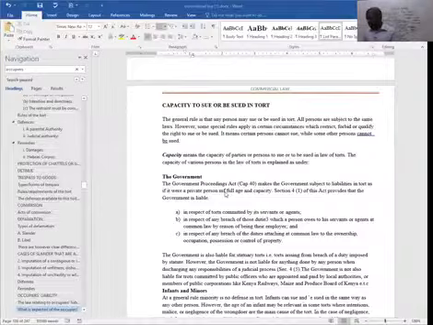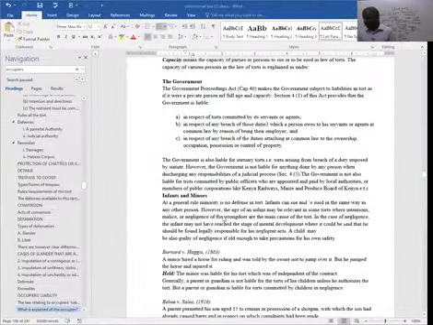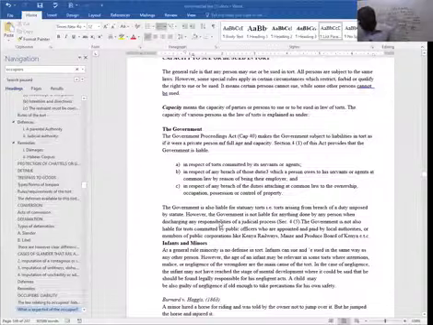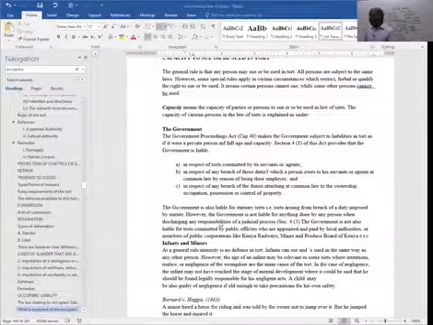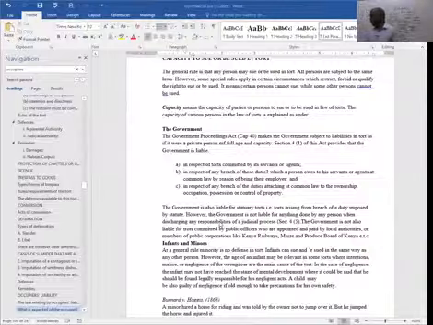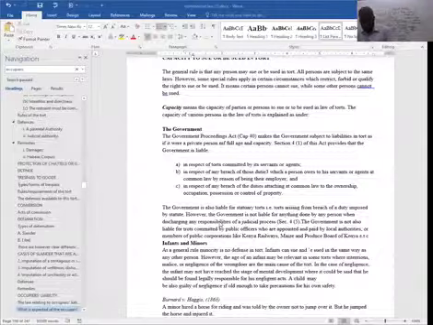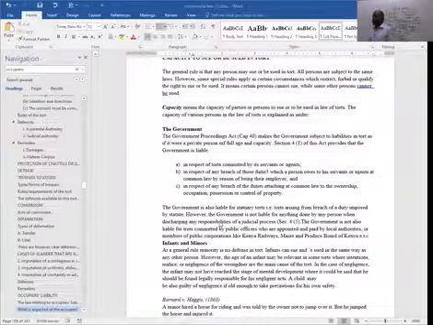So infants and minors, do they have the capacity to sue or be sued under torts? As a general rule, minority is no defense in torts. Infants can sue or be sued in the same way as any other person. However, the age of the infant may be relevant in some torts where intentions, malice, or negligence of the wrongdoer are the main cause of the torts. So you can see that under certain torts, it doesn't matter whether you have attained the age of majority or not, an infant or a child can still be held responsible.